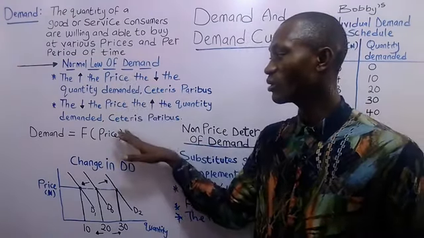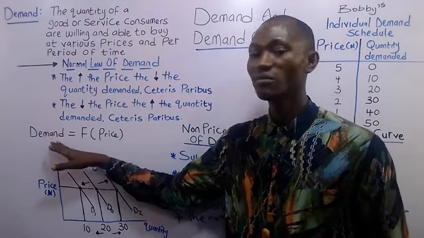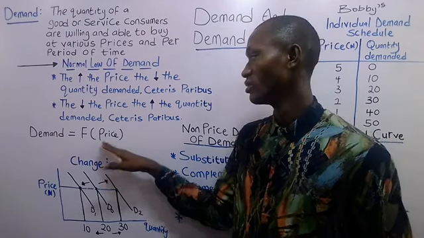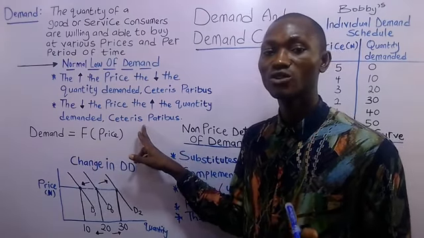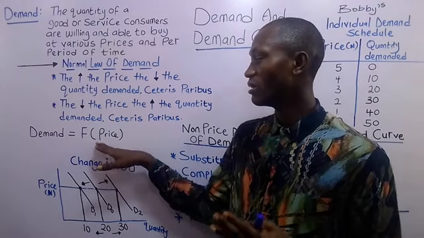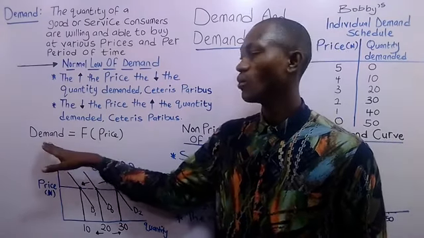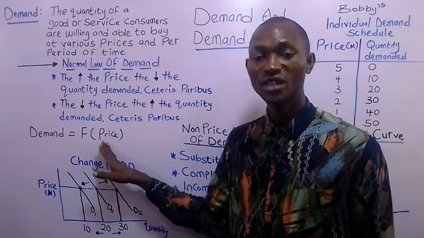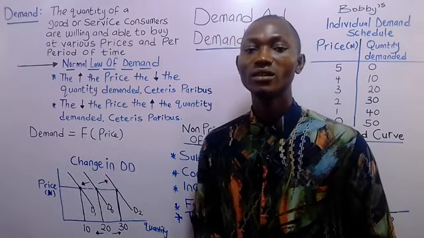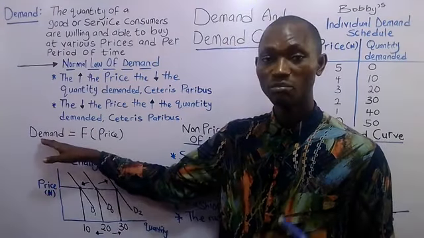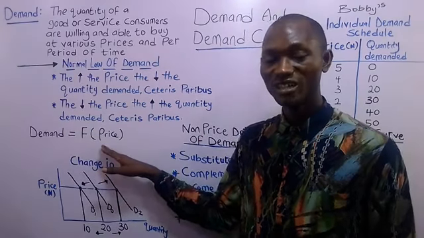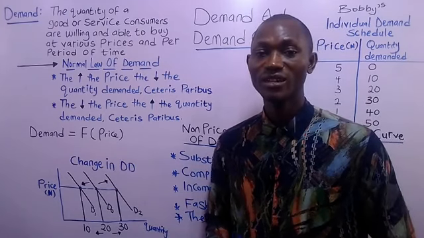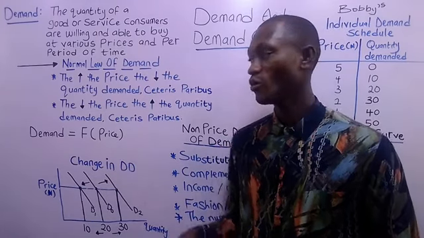So with this law, we have the quantity demanded for a commodity to be determined by the price of the commodity in question, if this ceteris paribus assumption holds. So here, the price is the independent variable, while the quantity demanded is the dependent variable. So independent variable determines dependent variable. That means dependent variable are determined by independent variable. Because ordinarily there are lots of factors that affect the demand for a commodity, but when we get there, we talk about that.